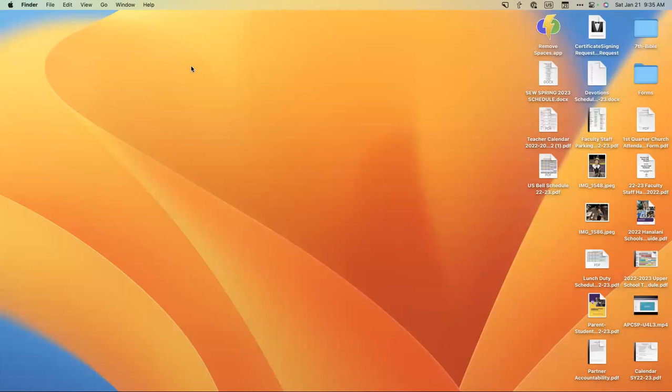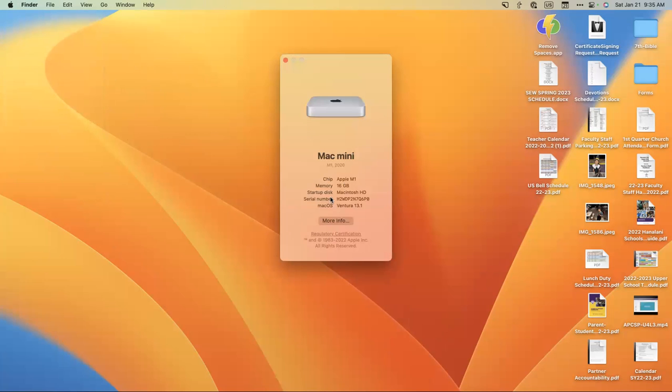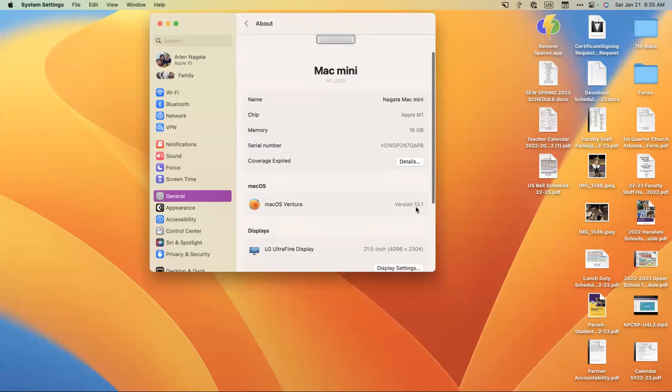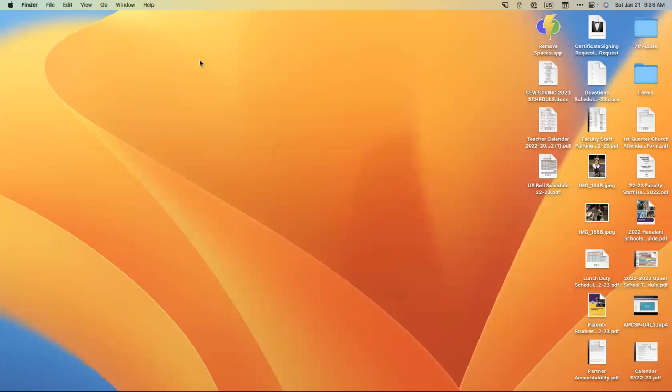Okay, so we are talking about macOS Ventura. That's the latest operating system. Let's see. Here it is, version 13. So I have 13.1. I think that's the latest one. It sort of gets confusing because the iPad is 13.2 or something. But anyway,